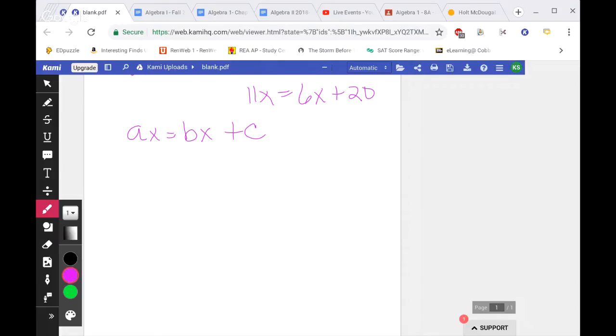Because you have to use the distributive property in reverse. But